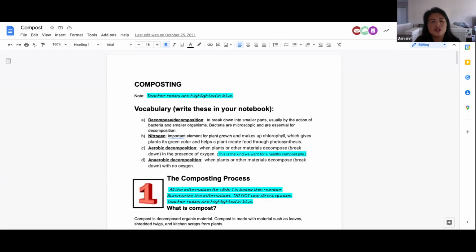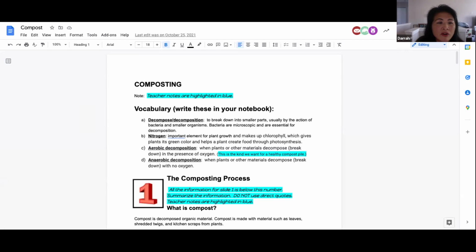So I put teacher notes in there because I felt like there were some areas where they really just didn't understand. We talked about decomposition and nitrogen, how that was important and how they needed greens and browns for their compost bins. And we literally used trash cans to make a compost bin. I bought a drill and a drill bit and I made holes in a 5-gallon bucket. I had some students that were able to successfully compost.